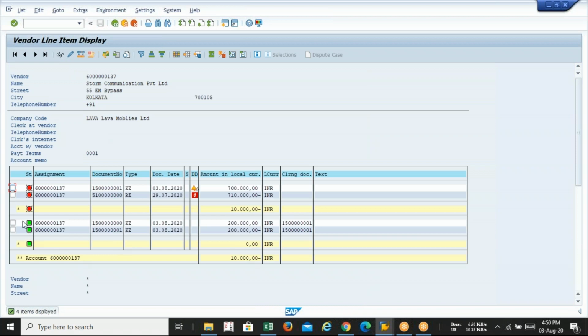And now you can see that the previous payment has been processed. The 2 lakh amount has been processed. So it is taking a little bit of time. The green signal signifies that it is processed. So here the due amount message is coming.